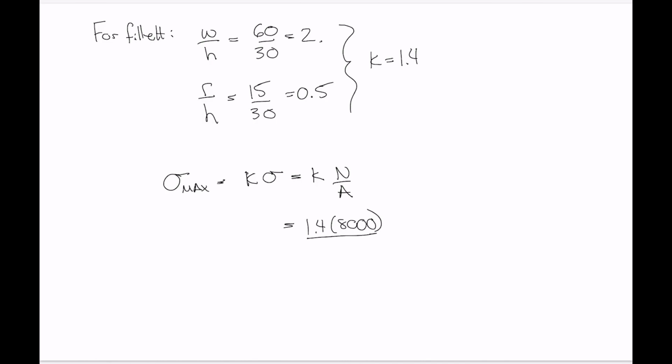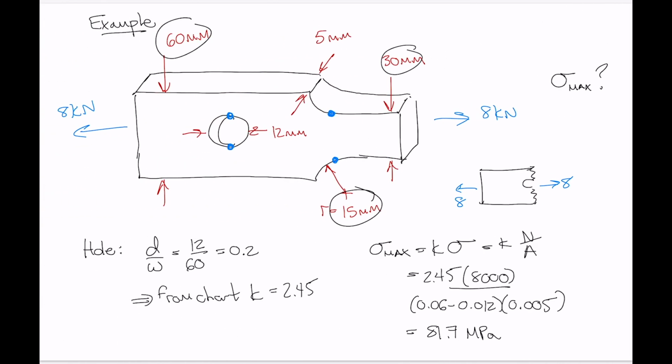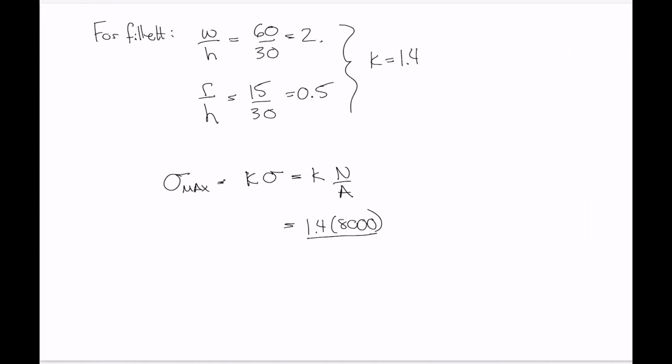Okay, and then our cross-sectional area here is this cross-sectional area right there, which is 30 millimeters by 5 millimeters. So 0.03, 0.005, and that gives us what? 74.7